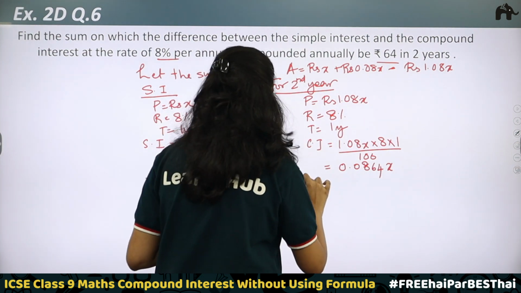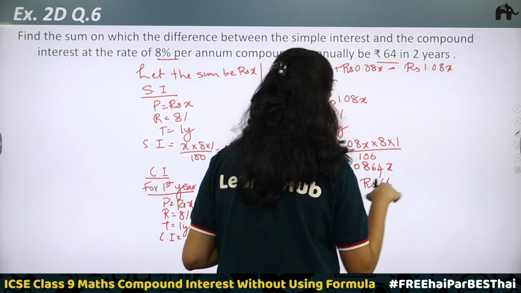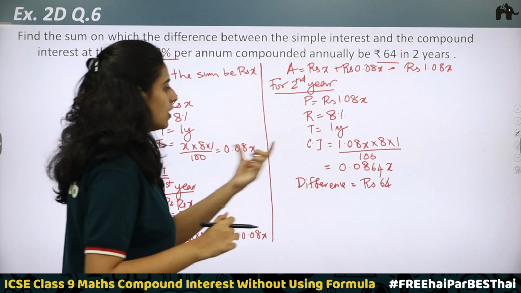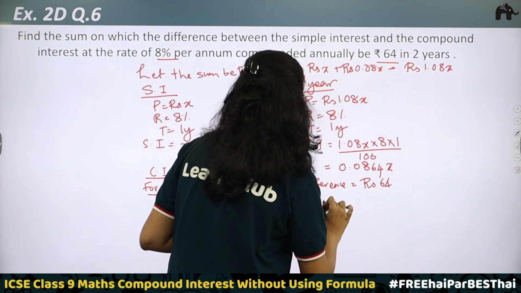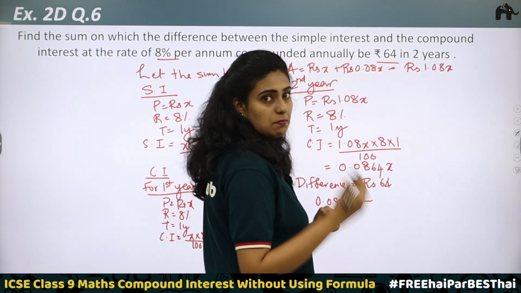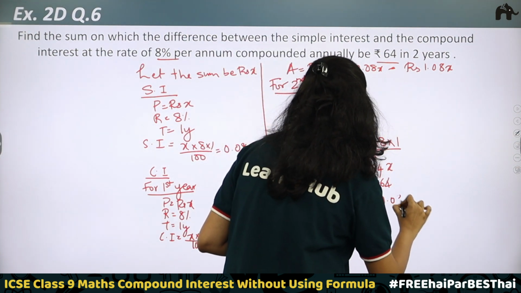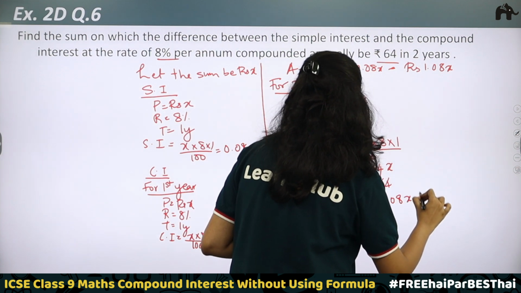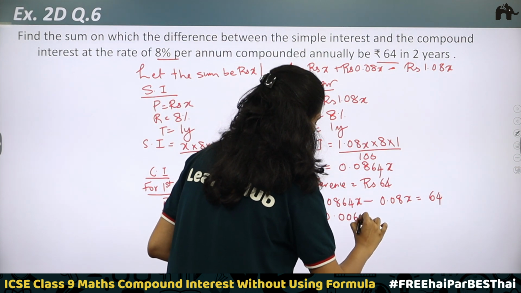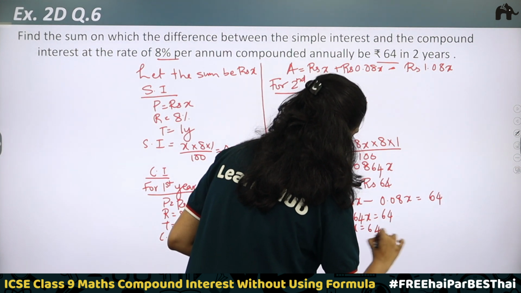Now, it is given that the difference is equal to rupees 64. Okay, that is compound interest for second year minus simple interest for second year. Compound interest for second year is rupees 0.0864x minus simple interest for the second year. Simple interest for first year will be the same, that is 0.08x, and that is equal to 64. When you subtract, you will be getting 0.0064x is equal to 64,